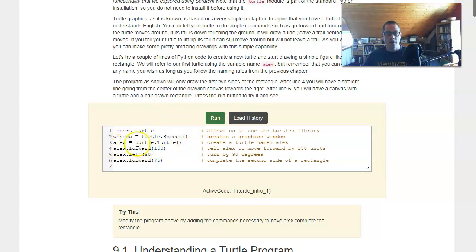Then here we're creating a turtle, and we're assigning the variable Alex, and we can call it anything we want. You can call it Tom, you can call it 1, whatever. You just can't use a name that is not allowed in Python. There's a list of some of those because they're already being used for something else. Once you make a turtle under the variable Alex, you can use Alex dot, and so these